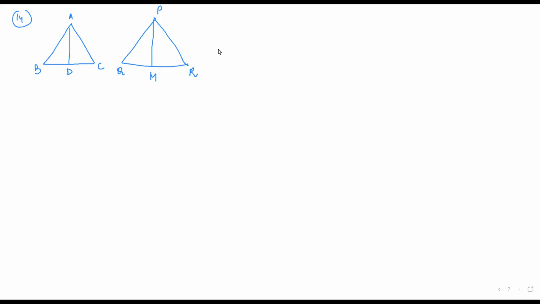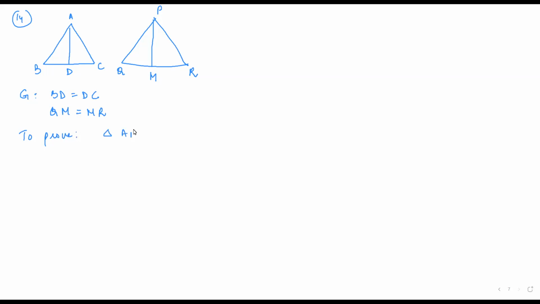Yeah, I think in this question we were supposed to use the midpoint theorem, right? So we will do one construction here. Okay, first of all, what is given: AD and PM are actually medians. So that means BD is equal to DC, right? This is given. Okay, and QM is equal to MR, right? Now to prove